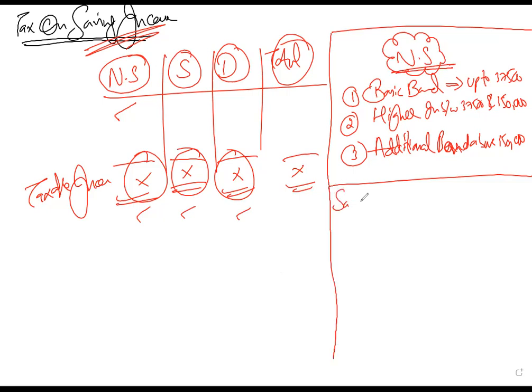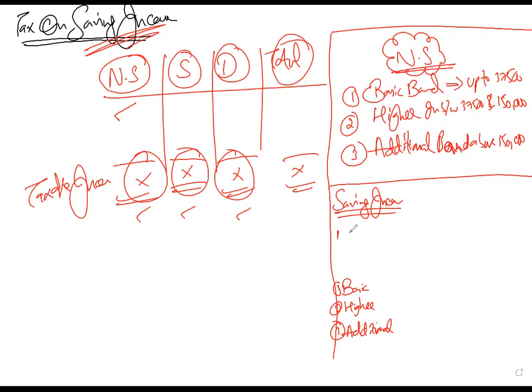In saving income, the bands will remain the same, meaning we will have a basic band, a higher band, and an additional band. These three bands will remain constant. But in saving income, two additional bands will be introduced. The first one will be